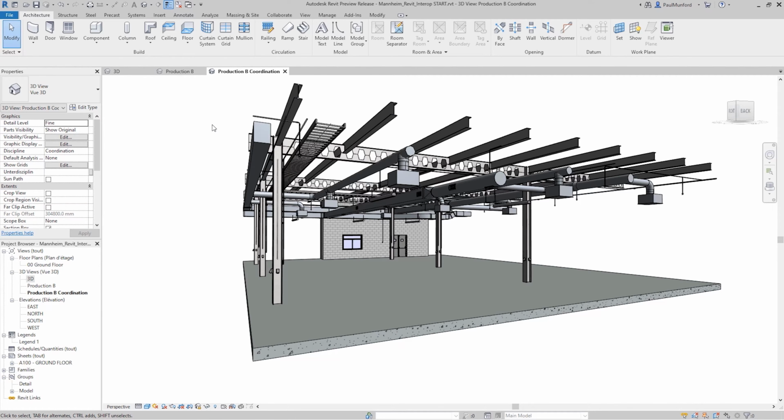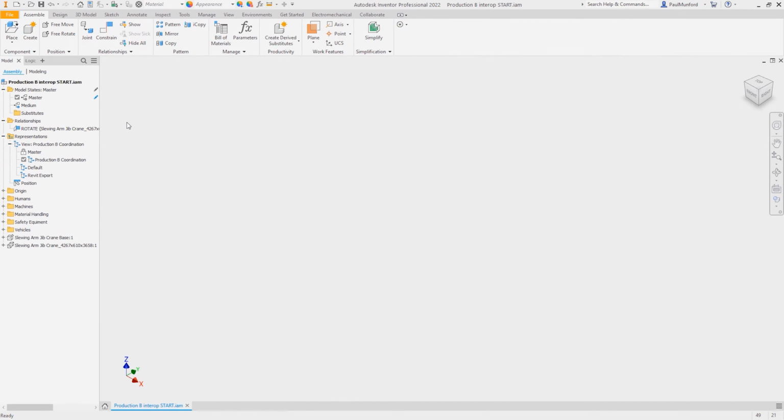The Revit project file can be shared with us simply as a file, or it can be managed with Autodesk Vault, or coordinated via BIM 360 Docs. Let's move across into Inventor. We can start with a blank Inventor assembly file, and we'll reference in the Revit model. We'll go up to the ribbon menu and look on the Assemble tab for the Place tool. We'll pick on the drop-down and choose Place Imported CAD File.